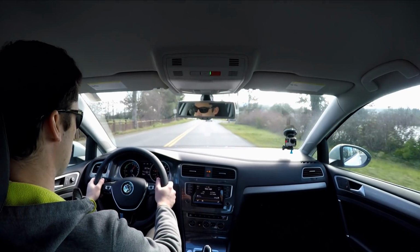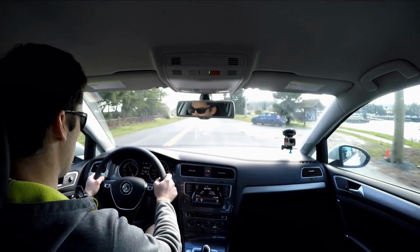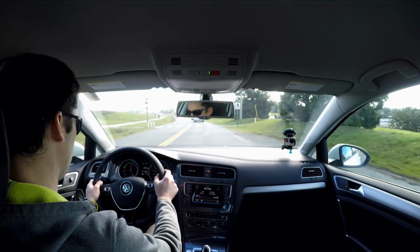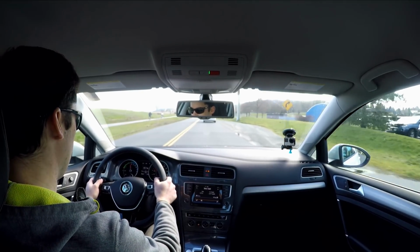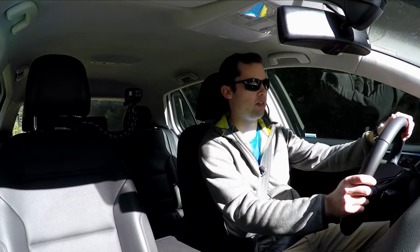The car has a very soft suspension, which kind of, I'm going to use the word wallows. I'm not meaning that in a bad way, but that's just what it feels like. It just kind of absorbs everything really softly and slowly. Okay, I'm back. I haven't been driving that much longer, but I've found out a bunch of things about the